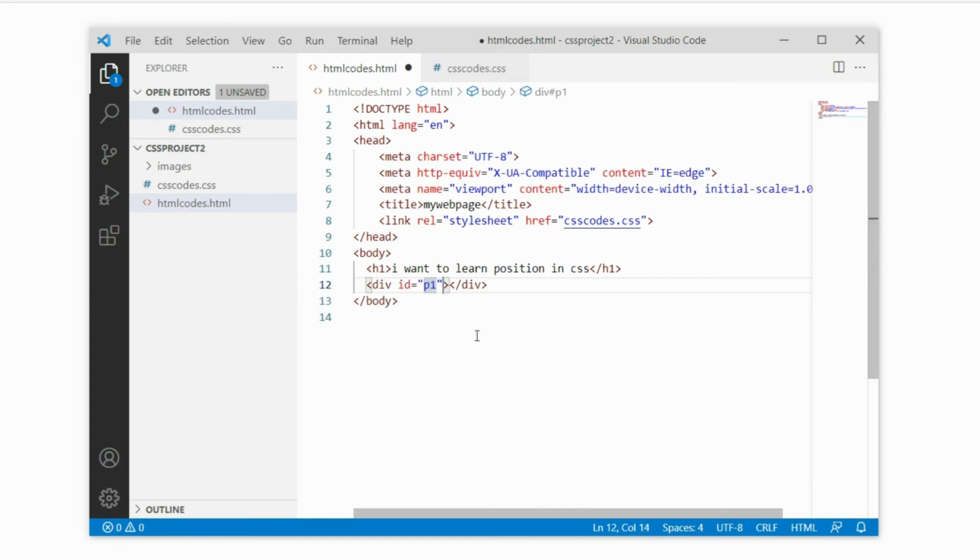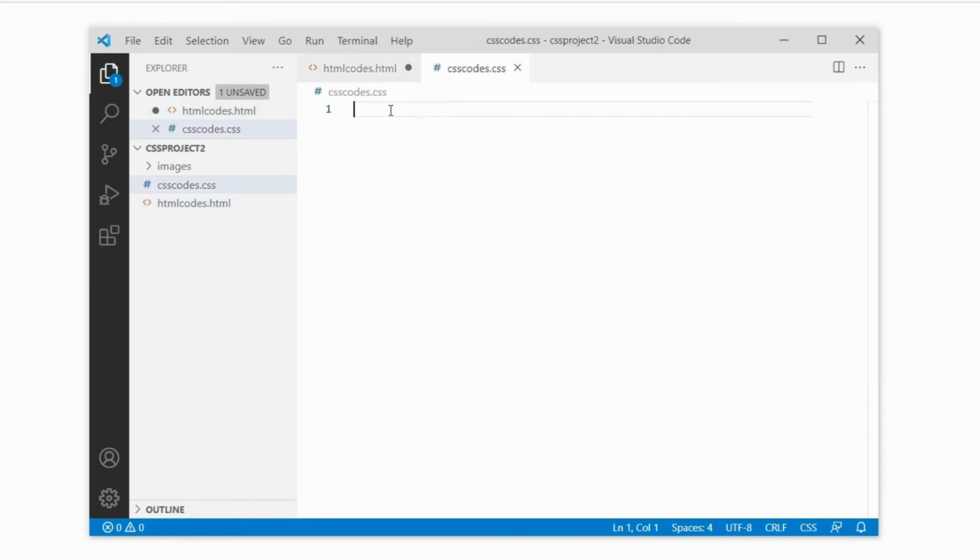It will be, for example, P1, because I want to use this tag more and more times, so we need IDs. And here I type, I have relative position, for example. So relative position: a tag with this position will be positioned at its normal position in the document. Good. Now we go to CSS and we call our tag